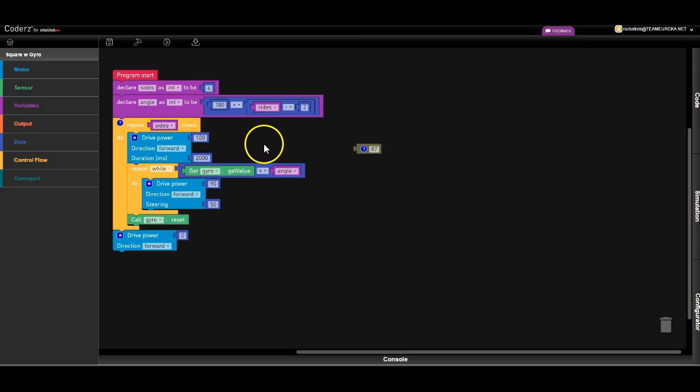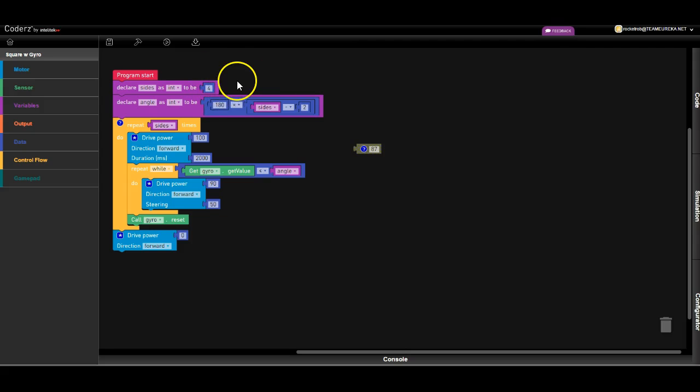So as far as the structure and setup of your program, this should get you working. You can definitely get more fancy with it and do additional variables, but you're going to need to do a little bit more work on figuring out how you calculate that angle. But this tutorial should get you started, give you everything you need to know about using variables with your gyro